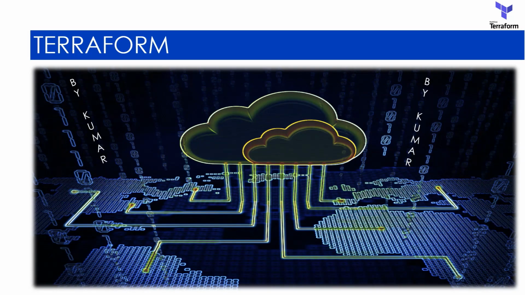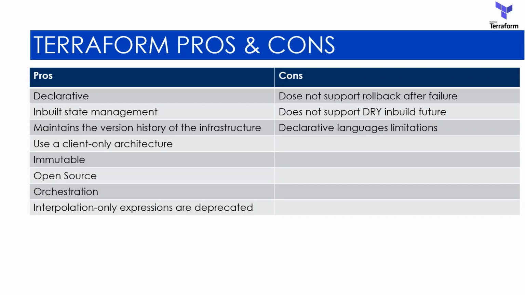Hello and welcome. In this lecture, we are going to talk about Terraform pros and cons. So let's talk about pros and cons in detail. The pros for Terraform are that it's a declarative language, has inbuilt state management, maintains the version history of the infrastructure, uses a client-only architecture, is immutable, open source, and an orchestration tool, and it only supports interpolation-only expressions, which are deprecated in